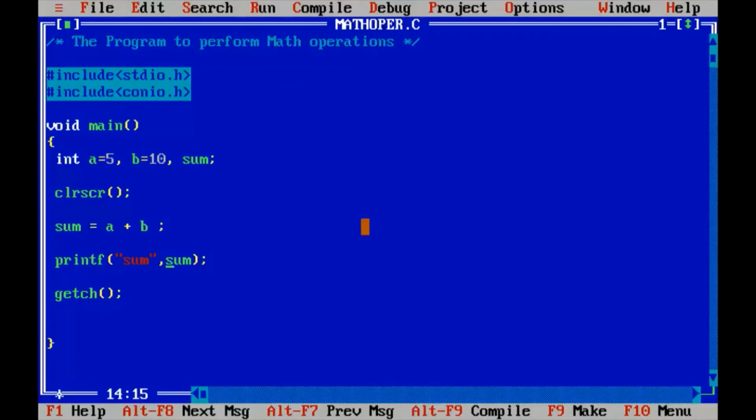So when you put the variable name outside the double quotation marks after the comma, the printf function treats them as variables. But this is not enough, I have to put some more. That is this character: %d is a special combination of characters which is going to be converted into the integer. So at the place of %d, the content of sum is going to be placed, and we will get the result.